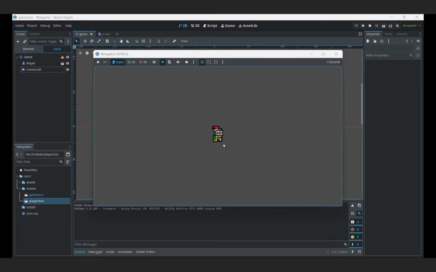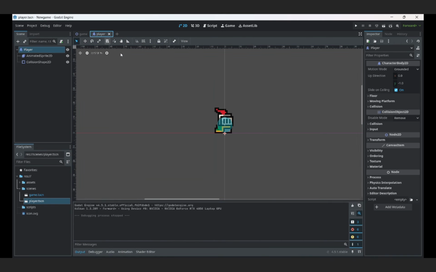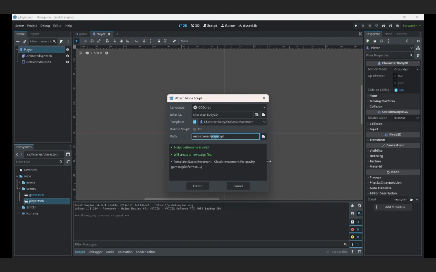Wait a minute, here it looks better, right? So we have the main character animations movement already, but we cannot move anyway, so let's code it and add some script. Go back to the player nodes again and click add script on the left side over here, and